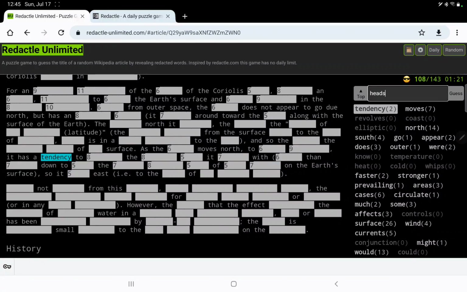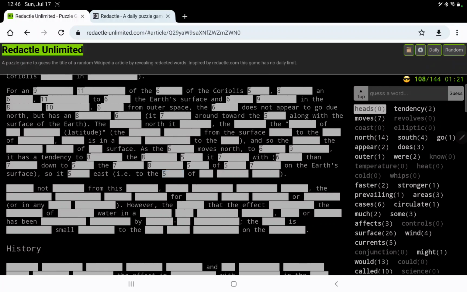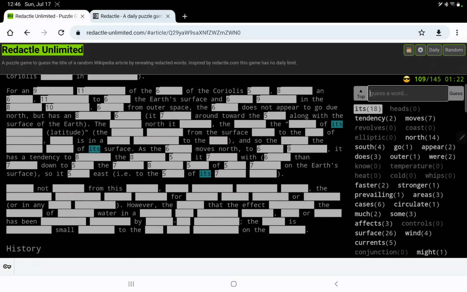So it heads east. No, moves. I did moves. So it goes north. It's something east, i.e. to the something of its, okay,